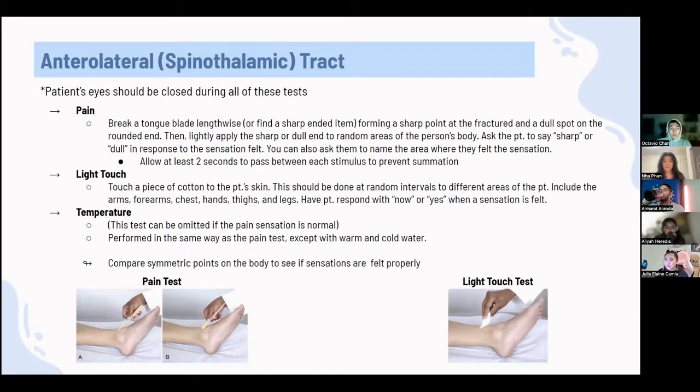they feel the sensation. For the light touch, you would touch a piece of cotton to the patient's skin, and this should be done at random intervals to different areas of the patient, including all over the body, like arms, forearms, chest, hands, thighs, legs, and you can have the patient say now or yes, or give a thumbs up whenever they feel something. And as for temperature, this can be omitted if the pain sensation is normal, and it's performed the same way as a pain test, except with warm and cold water. And you want to, for all these tests, compare symmetric points on the body to see if the sensations are